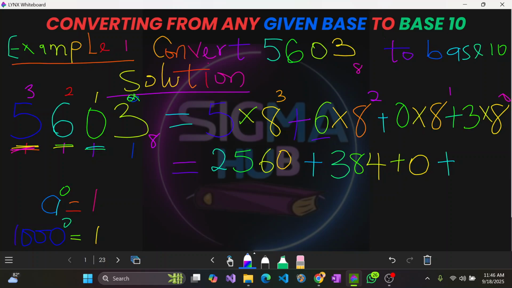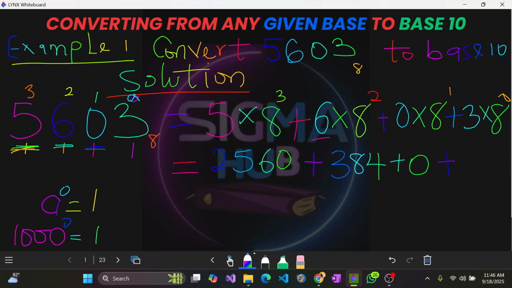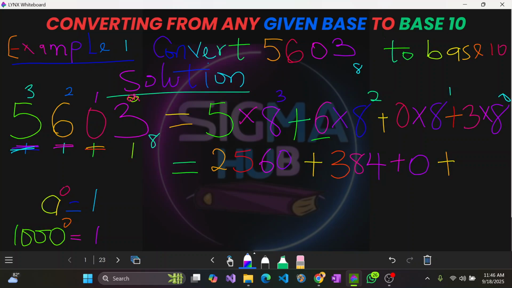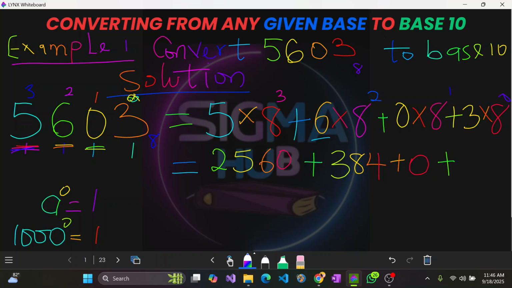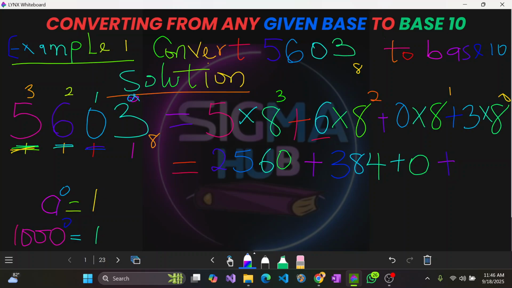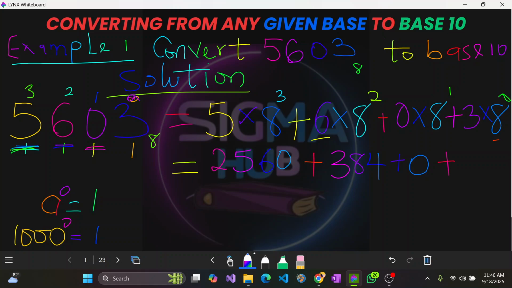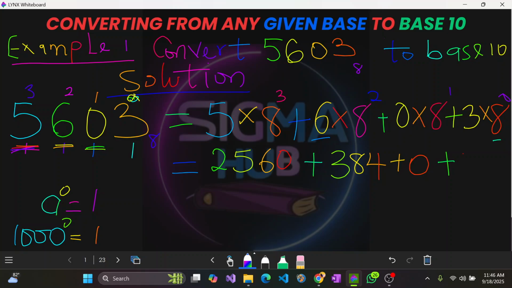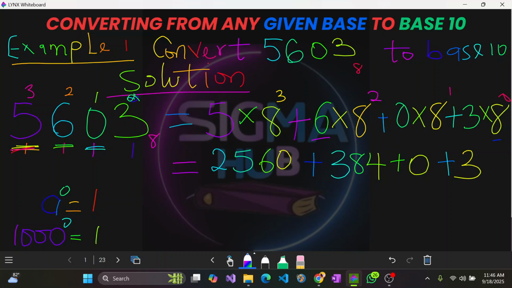Please take note of this, because as we progress, you're going to be seeing things that are similar to this. Any number raised to the power of 0 results in 1. So 8 raised to the power of 0, as we have here, is 1. Then 1 multiplied by 3 gives us 3. So adding all this together,